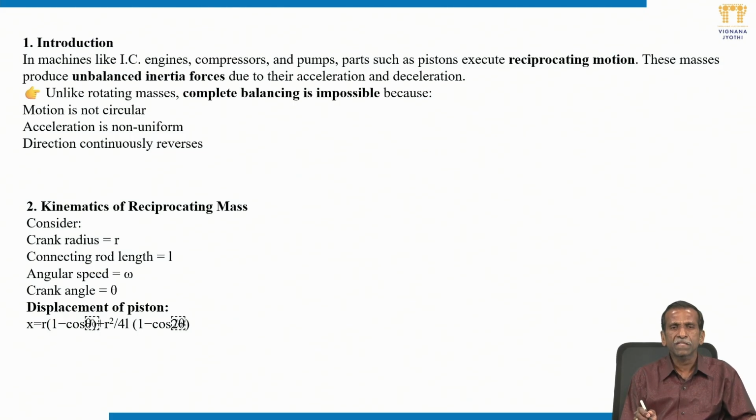So in machines like IC engines, compressors and pumps, there is always a component called a piston having reciprocating motion. The mass of the piston produces unbalanced inertia forces due to acceleration, as we have seen just now. Unlike rotating masses, where we can have complete balancing, in the case of reciprocating masses complete balancing is impossible because the motion is not circular and the acceleration is not uniform,